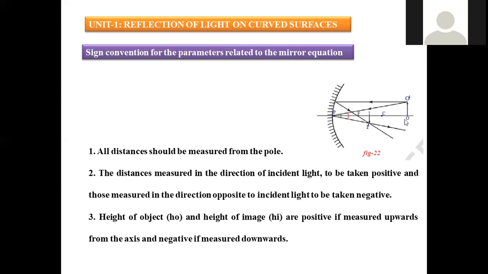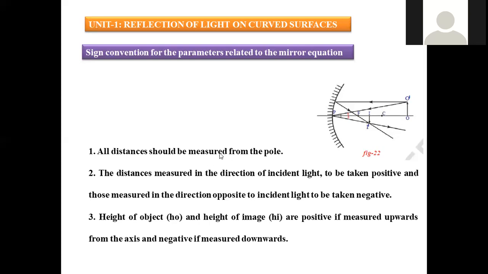If it is vertically upright, and the image formed is downward, inverted in nature, then we have to assign the negative sign for this one. So for example, in this condition, what you observe, O prime is vertically upright, which is called an erect one. When you go with I prime, that is an inverted one. This is denoted with a negative sign. O prime is positive, I prime will be negative. So this is the kind of condition where we are going to apply these rules in case of mirror, object, and object to image distances, right? So this is called sign convention.